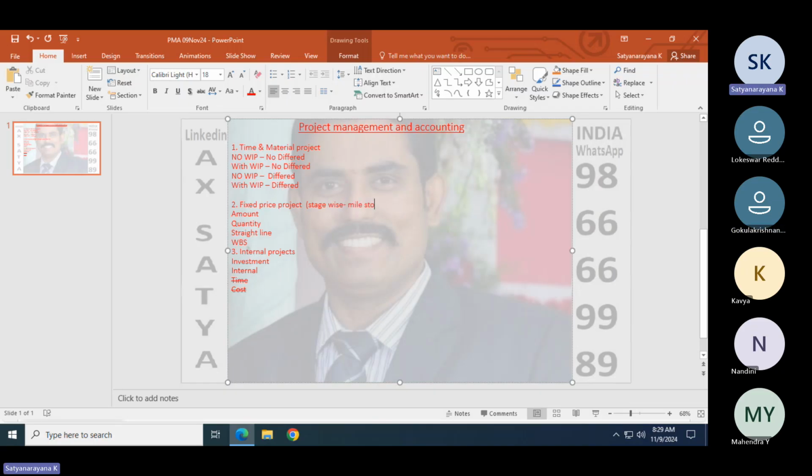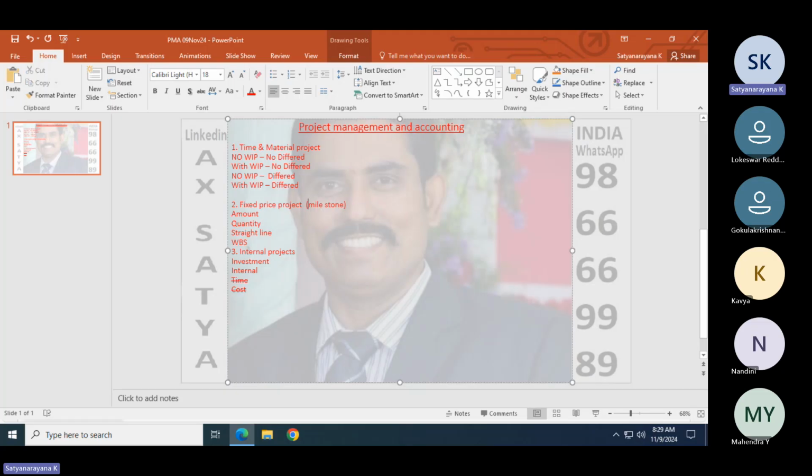Milestone is a technical word in Dynamics, while stage-wise is the regular word you use in general, in the industry. We use milestone in AX. Yes, exactly right. In the system, it is the word milestone in Dynamics, but outside, construction companies use the word stage once a stage is completed.